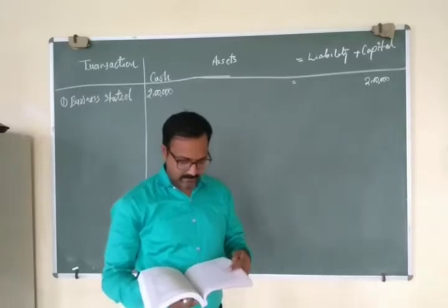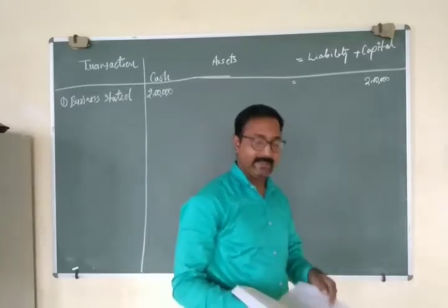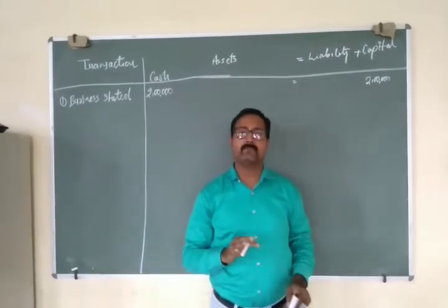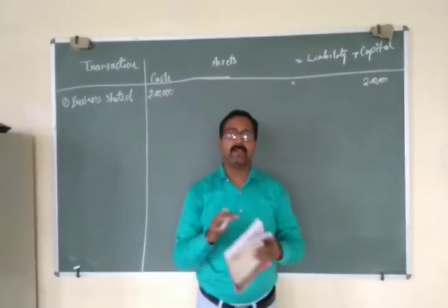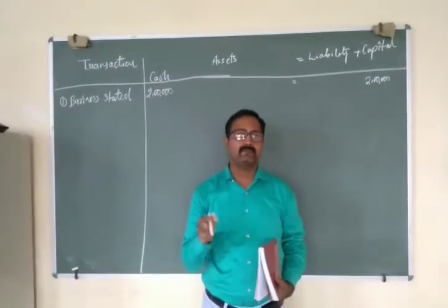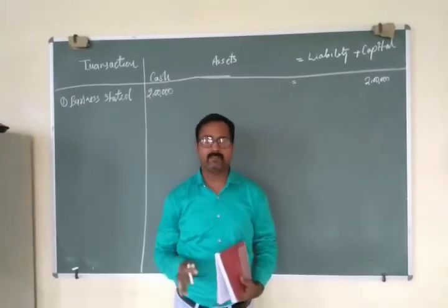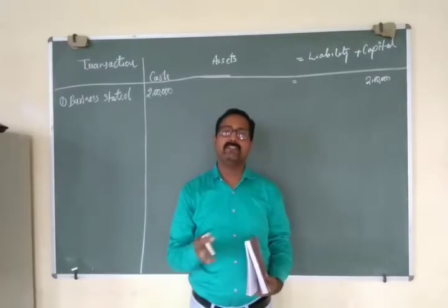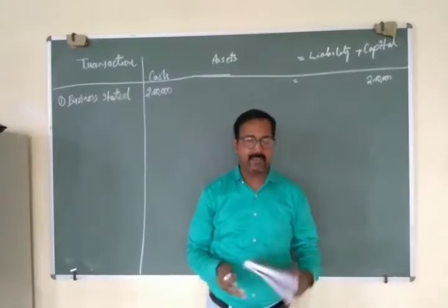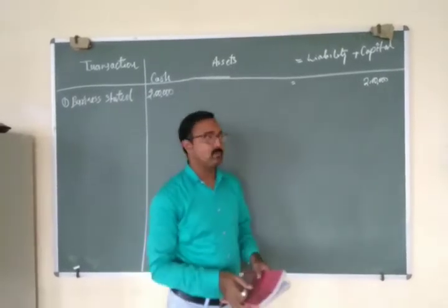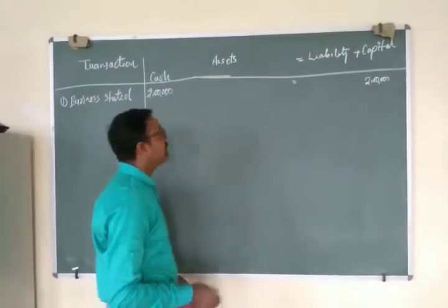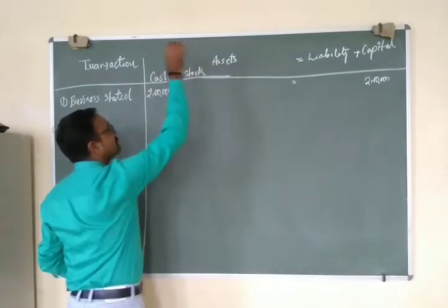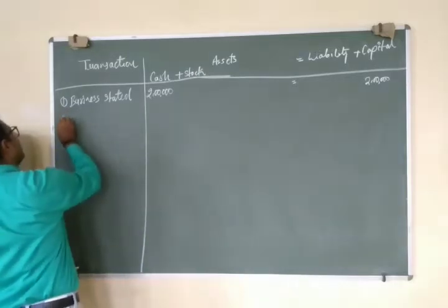Second, we have given purchase goods from Naman for cash. In this transaction we have purchased goods from Naman in cash. So if we are buying goods in cash, we have to forget about the name of the person or the party. This transaction is clearly saying that we have purchased goods in cash worth rupees 40,000. Once you purchase goods in cash, definitely it will increase one more item, that is stock. So let's write the second transaction,